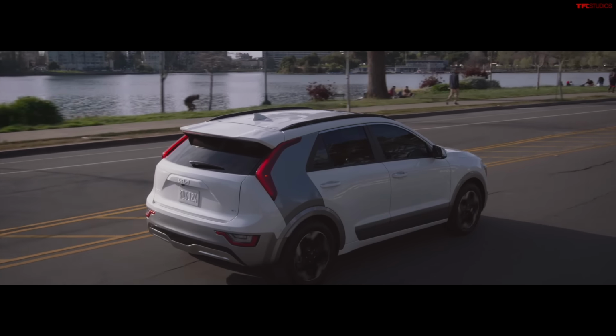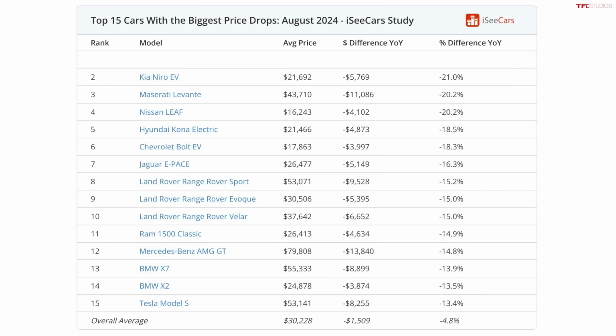And number 1, another electric vehicle, the Tesla Model Y, has the biggest difference year over year. Down. Model 3. Model 3. Yes. Not Y, 3. The Y is doing well because it's a crossover. The sedan is not doing so well. Oof. It's down 24.8%. Yes, that's right. That was a bad flub, but that's a year-over-year difference of $8,500, and the average price on a Model 3 is